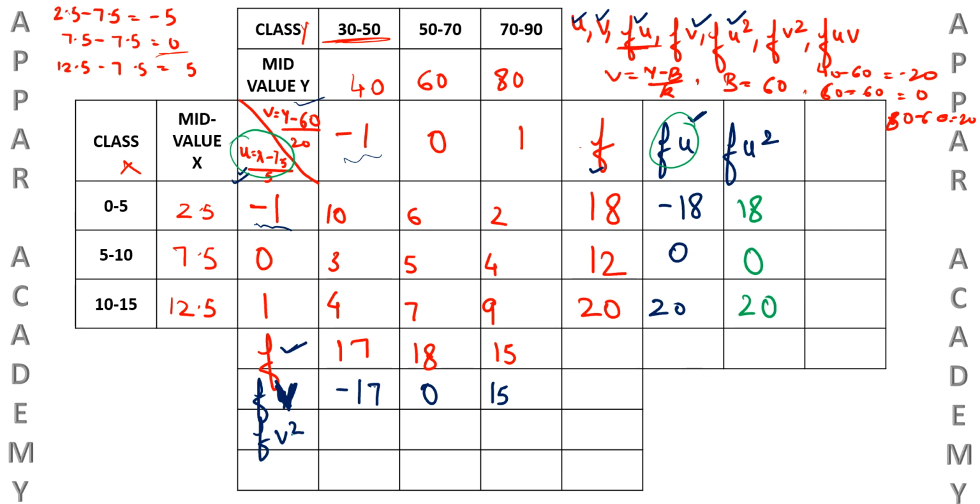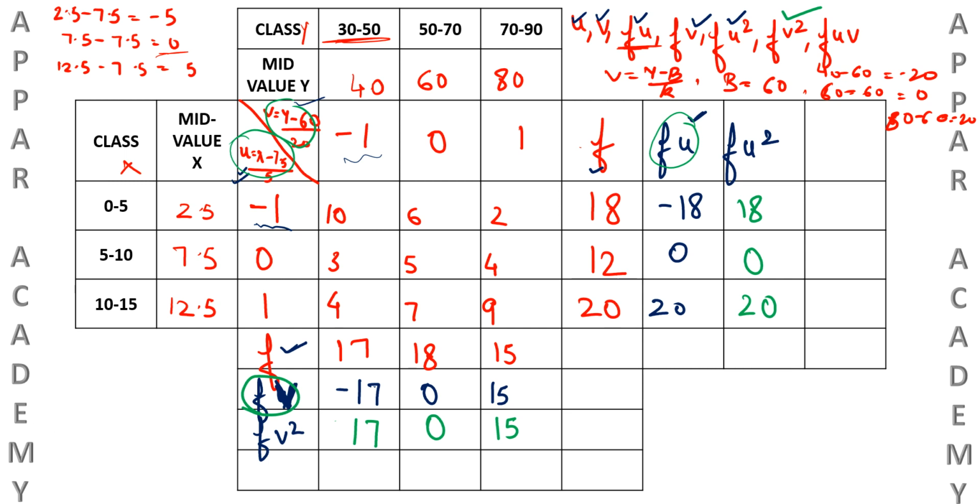Right? Similarly, for fv square, all we need to do is multiply this fv with another v. So this becomes minus 17 into minus 1, that is 17. 0 into 0 becomes 0, and 15 into 1 becomes 15. So this is fv square and fu square. We are already done with it. Next is